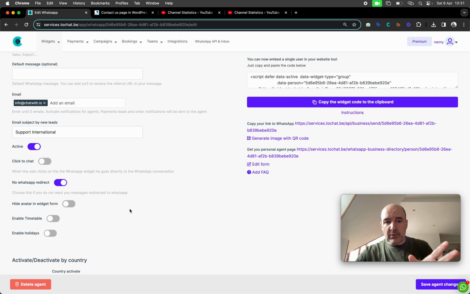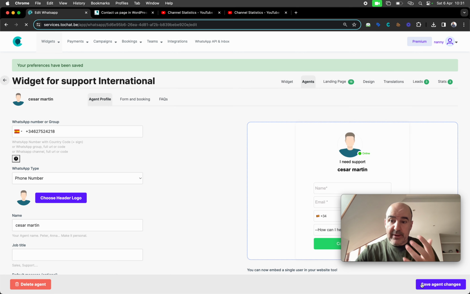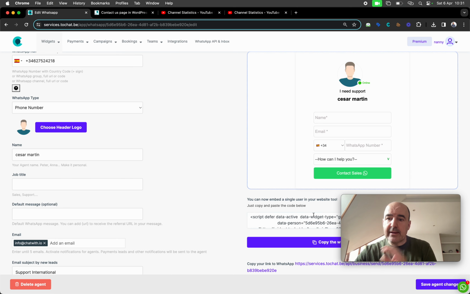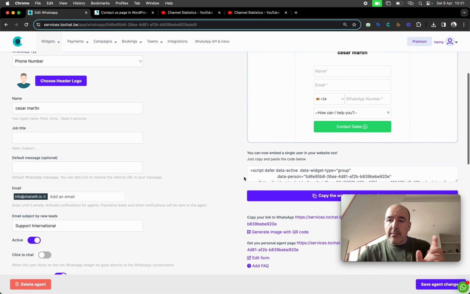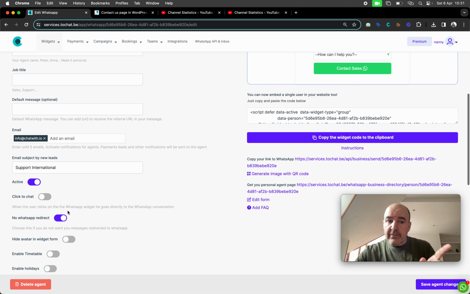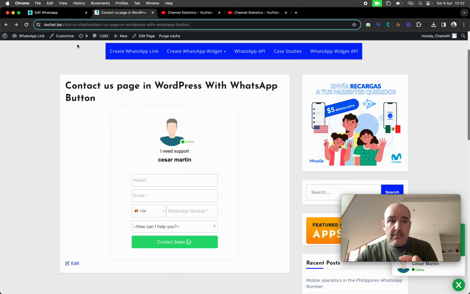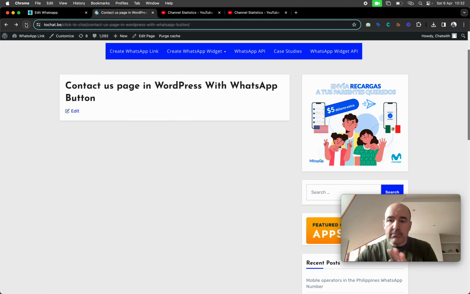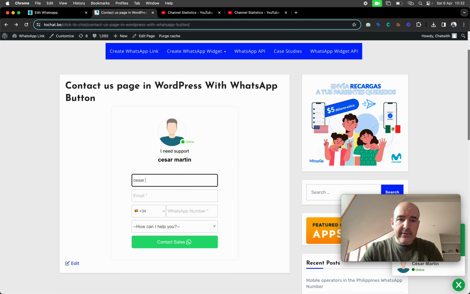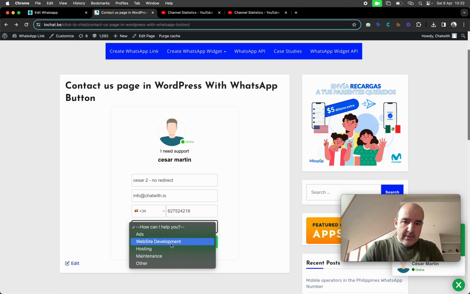Okay, this is an option we put here just to prevent the form from creating a WhatsApp conversation. We are going to save the lead. We are not going to send the user to WhatsApp, okay? Because everything is connected, the moment we do something here, it's going to be updated here. We just need to reload, that's it, and let's make a new lead, Caesar2, no redirect, email, let's put here the email, my phone number, and hosting,